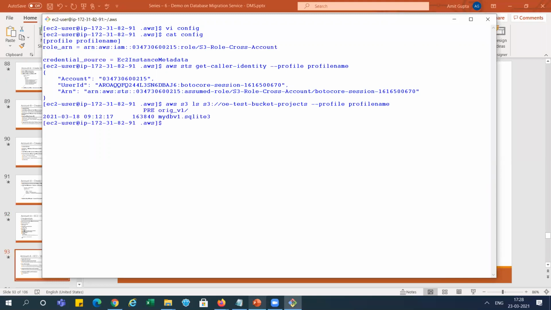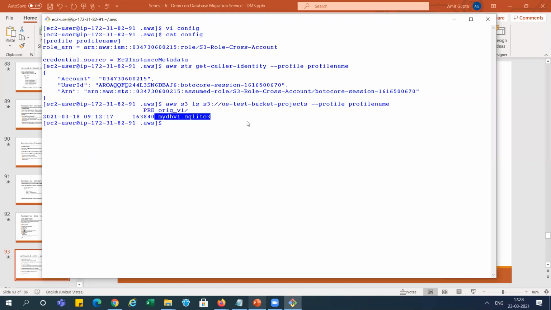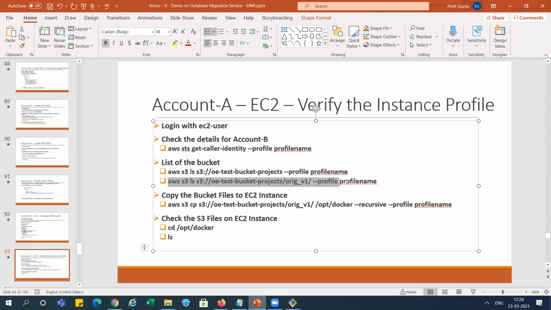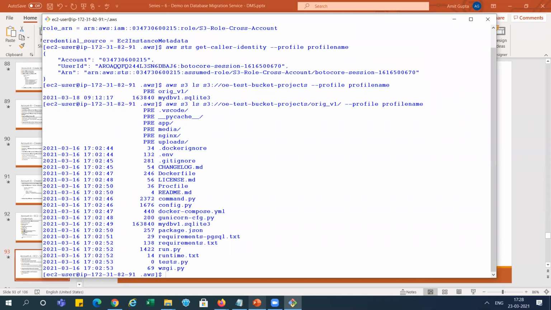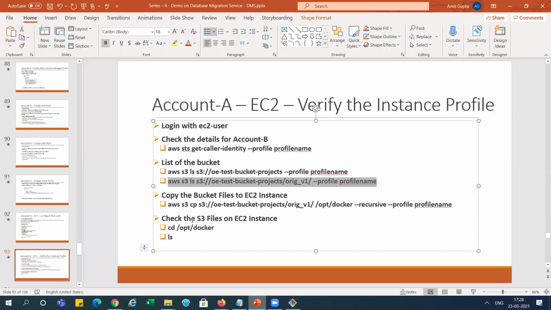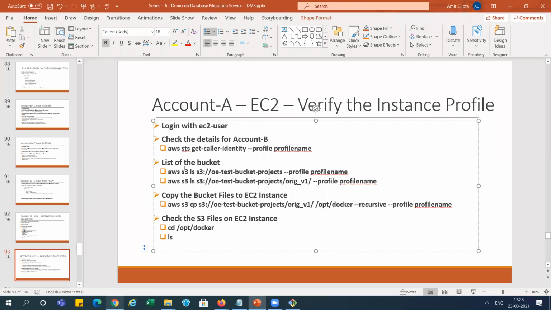You can see here, yeah, we got it. We got this folder and one file, right? If you want to go into that particular folder also, we can see all those folder details. Now you can go and check this, we have done this, right? Now we need to check the other one, because we have two folders in that S3 bucket. One is this bucket Mumbai one, right? So let's go and check this one also.